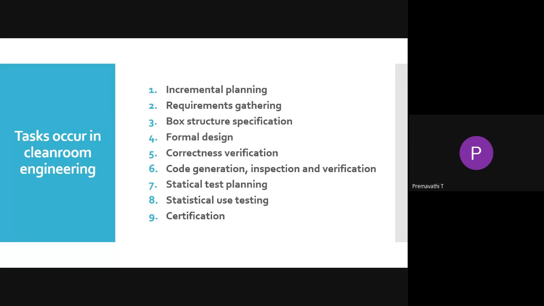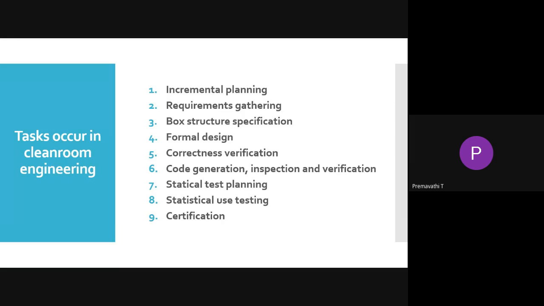The fourth one is formal design. In formal design, the clean room design uses the black box structure approach for specification. This specification is called state boxes, whereas the previous one we called box structure.